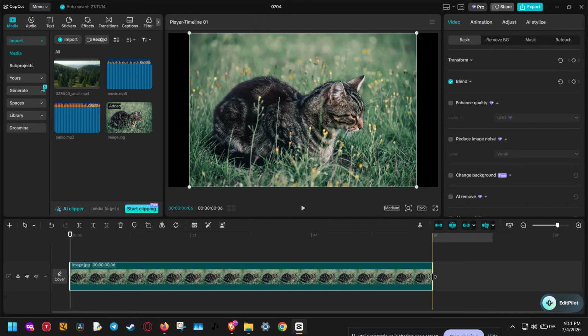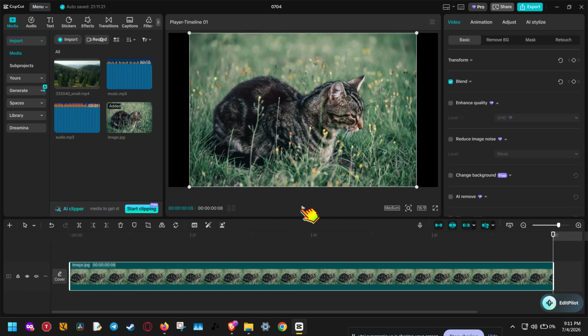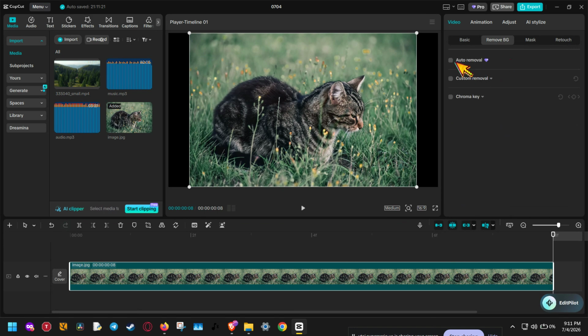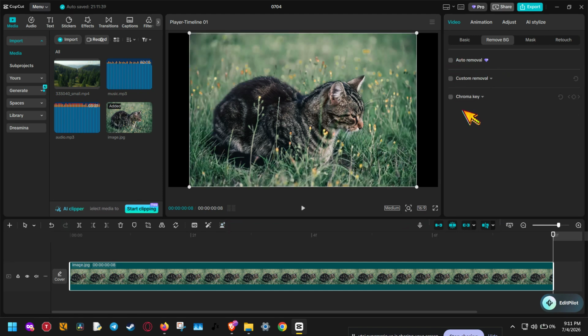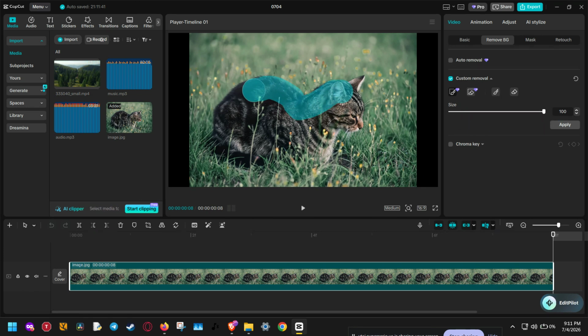Now let's create the cutout that the outline will follow. In the top right Properties panel, go to Video, then look for Remove Background or Cutout depending on your version of CapCut. If you have the Pro version, you can simply check Auto Removal and let CapCut detect the subject automatically. This is the fastest method and usually works very well when your subject is clear and separated from the background. If you're using the free workflow, don't worry, you can still get a great result by using the custom removal brush instead. With the brush tool, mark the active area you want to keep and remove the unwanted background around it. Take your time here and zoom in if needed, because the cleaner your cutout is, the better the